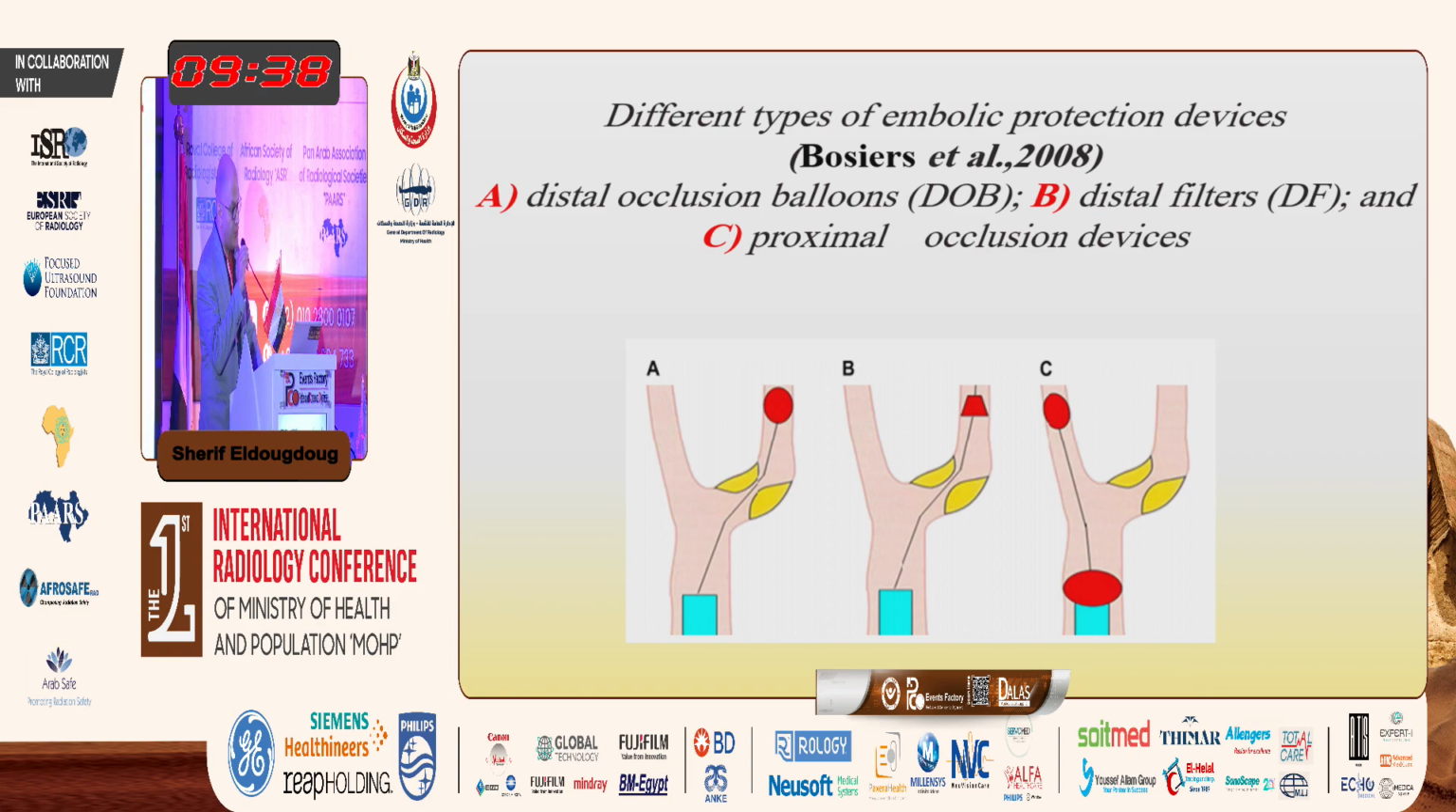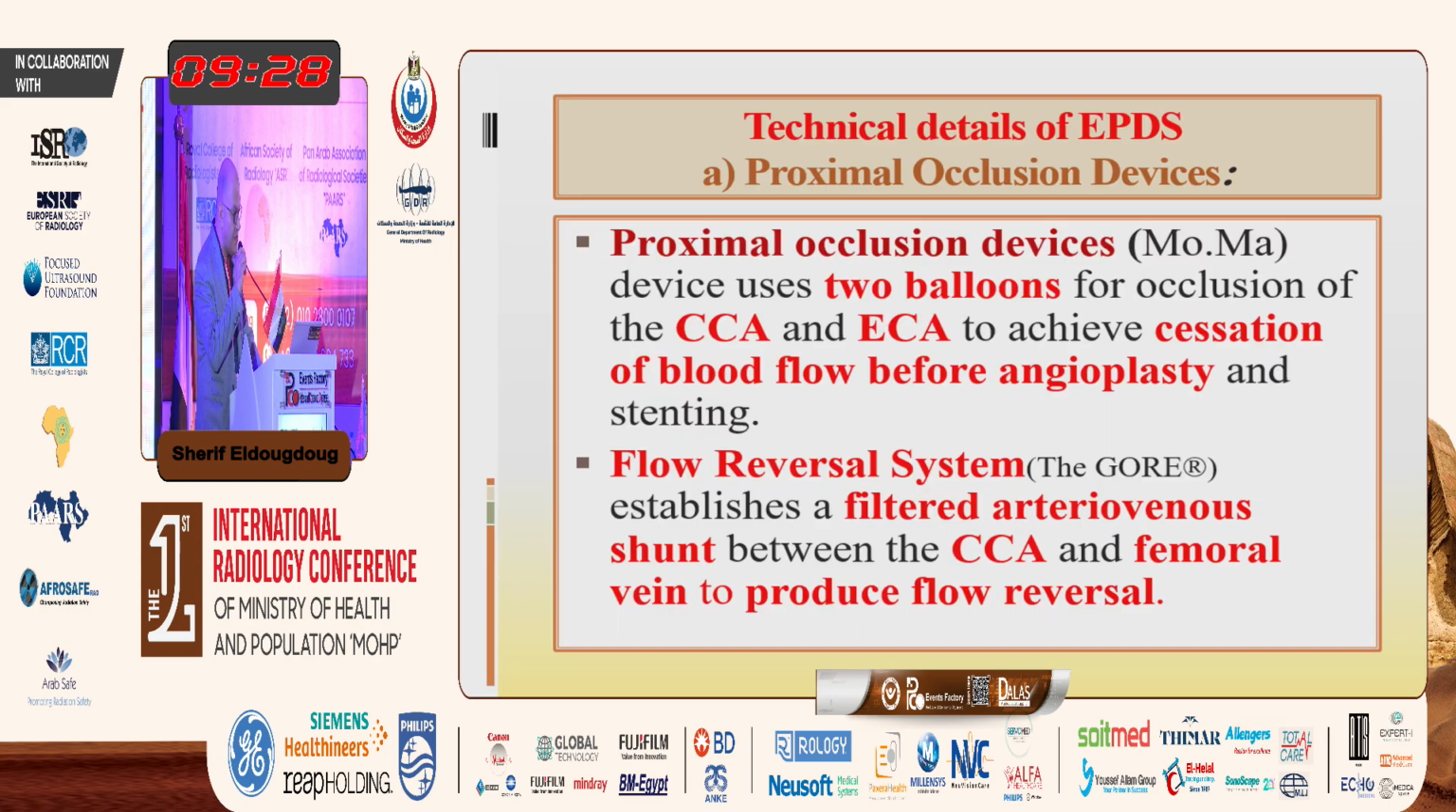Different types of embolic protection devices. The first one, distal occlusion balloon, then distal filter and proximal occlusion devices. Proximal occlusion devices use balloons for occlusion of the common carotid artery and the external carotid artery to achieve cessation of blood flow before angioplasty and stenting. And the other type is the flow reversal system, a filtered arteriovenous shunt between the common carotid artery and femoral vein to produce